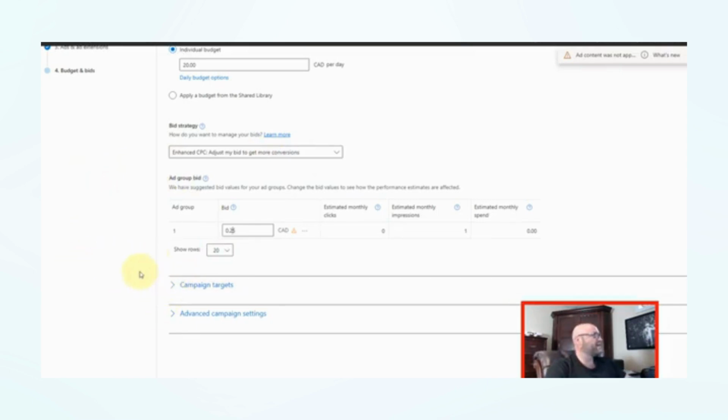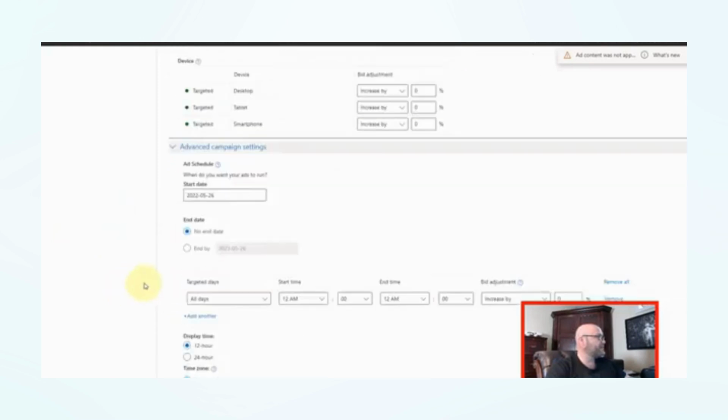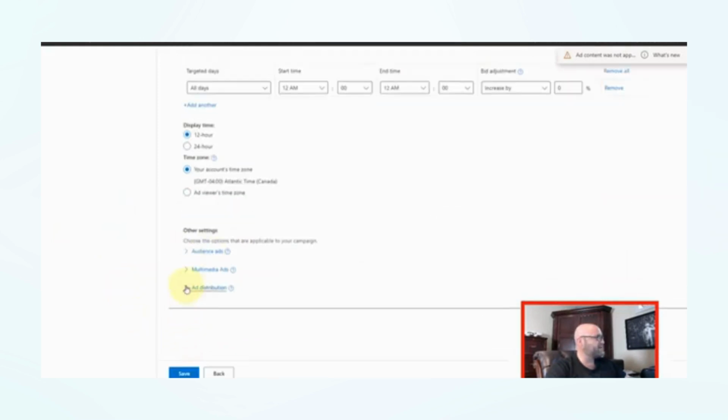And in order to make this successful, you really need to start testing multiple different ads, different landing pages. But for now, this is just the easy setup. And you can see here on the campaign targets, you can either target all desktop, all tablet, or mobile smartphones. I'm just going to leave them all on for now, but I would recommend later on splitting them off into separate campaigns or turning certain ones off that aren't working for you. And you can go into your advanced campaign settings, and one of the things you want to consider here is your ad distribution. I usually